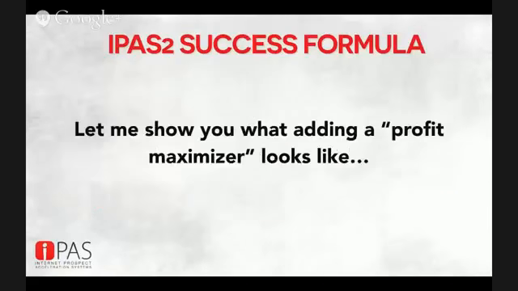Now, let me show you what adding a Profit Maximizer looks like. You guys, this is the most significant part of an internet business, bar none, outside of the front-end funnel, okay? The Profit Maximizer is what makes people the big money. It's what's made me all my money in the industry. All that front-end stuff does is figure out the economics that allow you to make the big money here. Without the front end, this doesn't work. Without this, the front end doesn't work, okay?